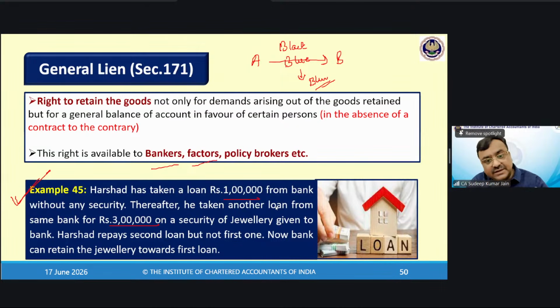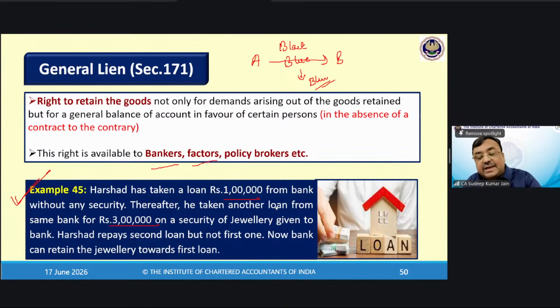Harshad ने लोन लिया 1 लाख रुपए का, वो कोई सिक्योरिटी नहीं दी। बाद में उसने क्या किया, एक लोन और लिया 3 लाख रुपए का, उसके लिए सिक्योरिटी दी ज्वेलरी के रूप में। हर्षद ने सेकंड लोन का पेमेंट कर दिया जो सिक्योर्ड था, लेकिन फर्स्ट का नहीं किया। तो बैंक को राइट है कि वो ज्वेलरी रख ले उस लोन के लिए, जो अनसिक्योर्ड था। वो कहेगा कि भैया पहले पेमेंट करो, तब हम ज्वेलरी वापस करेंगे।